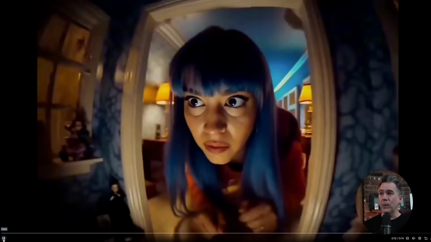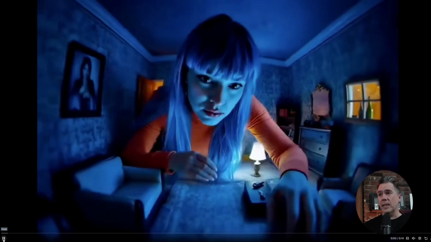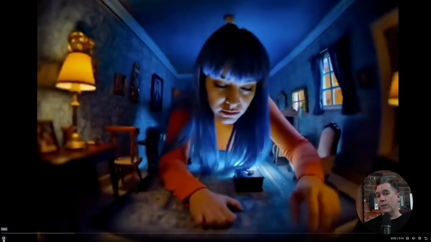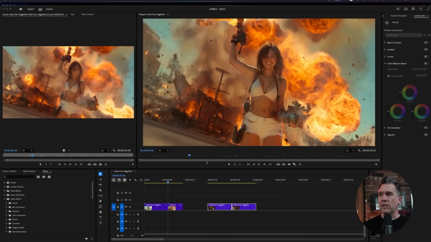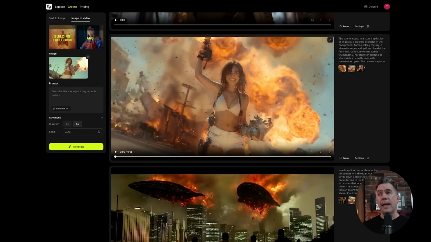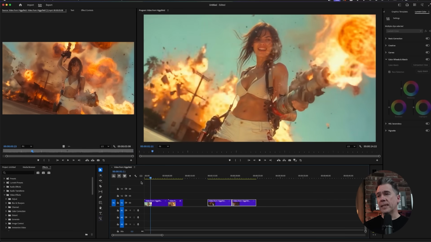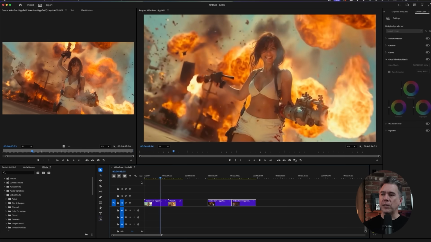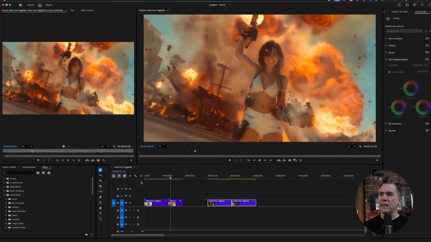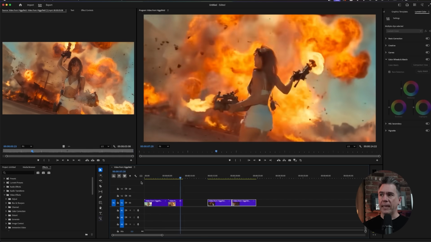It's really pretty cool. So the way that this was accomplished was, of course, the old last frame, first frame trick. And I'll say it works relatively well with Higgsfield. So again, this is the last frame of our first generation. And then just taking a screenshot of that, bringing that back over to Higgsfield and utilizing that as a first frame and literally just issuing the same building explosion and arc. We end up with this as a final shot, just shy of 10 seconds, I want to say,